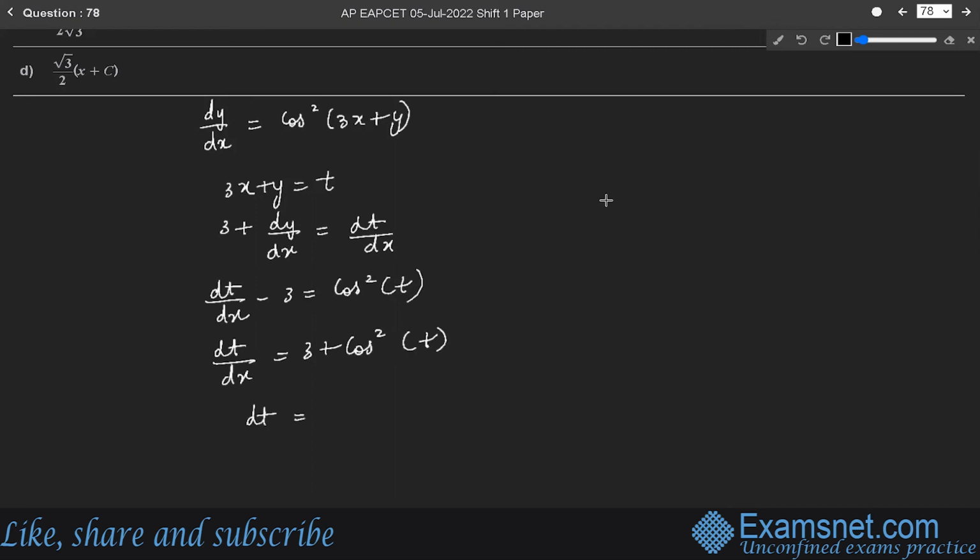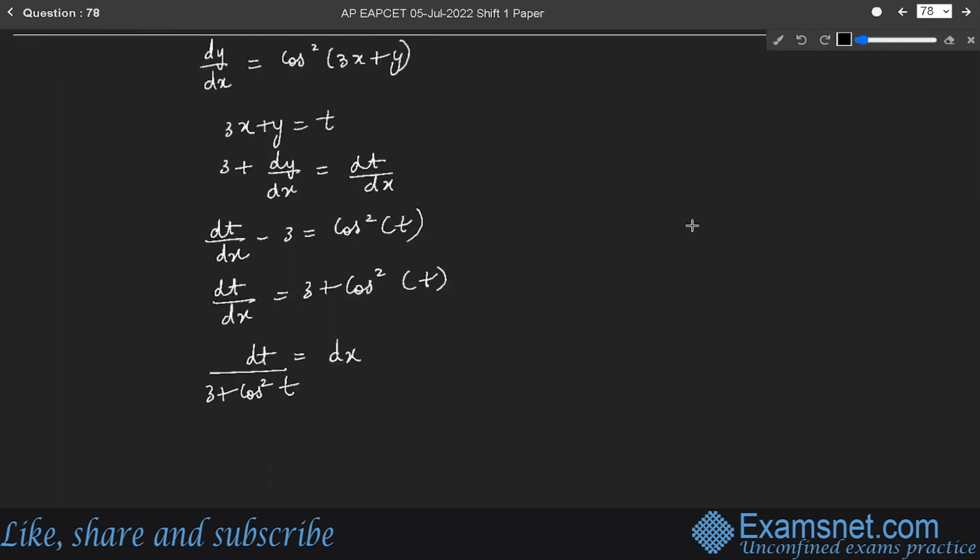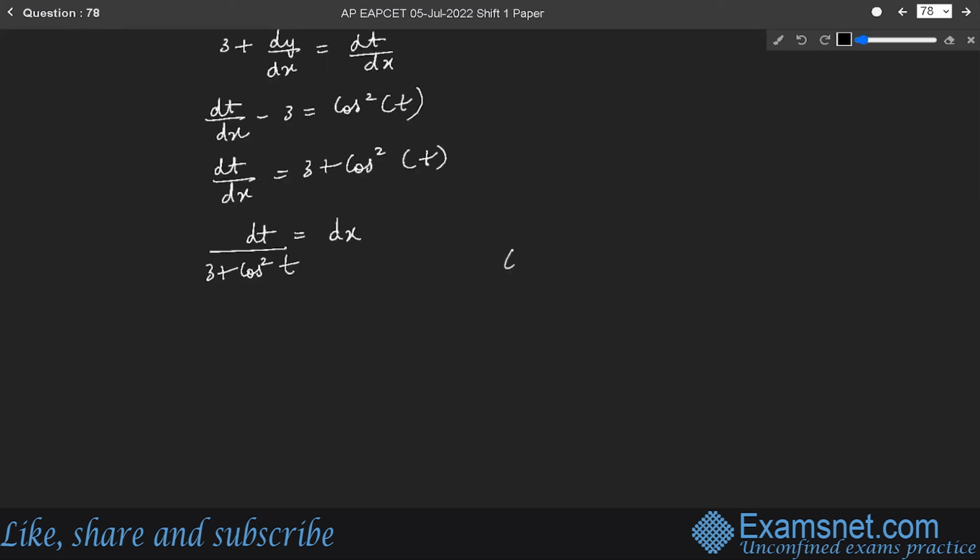Therefore, dt upon (3 plus cos square t) will be equal to dx. Now, we know that cos 2t is equal to 2 cos square t minus 1. So, on integrating this term, it will be integral of dt upon (3 plus cos square t) is equal to,